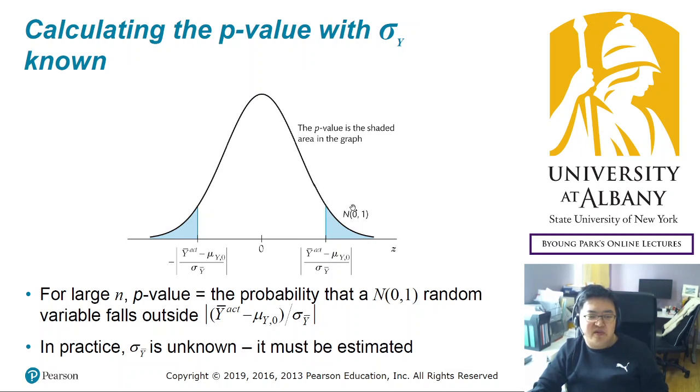So this probability plus this probability is the p-value in a two-sided hypothesis testing situation. That's how we use the central limit theorem for hypothesis testing, and I explained it very briefly, and I hope this reminds you of the